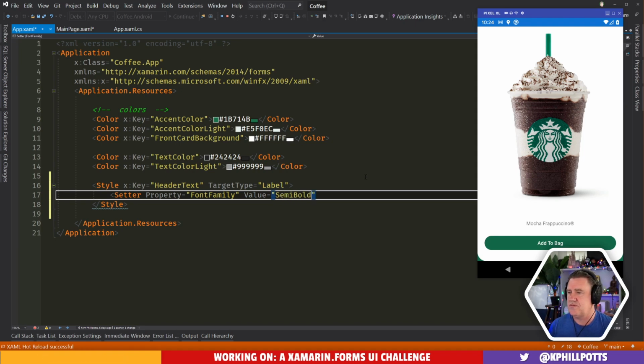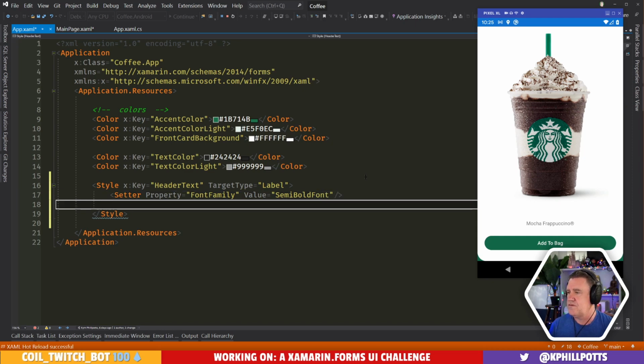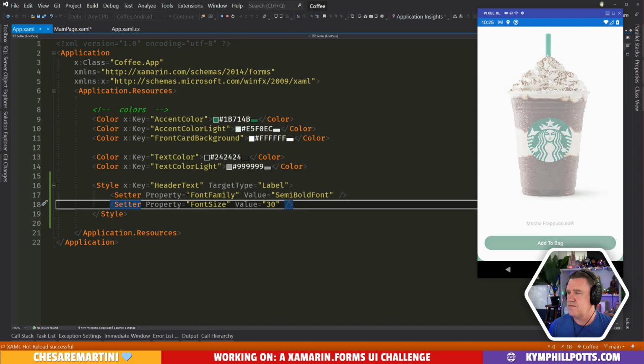Semi-bold font. Let's just start off with a font size of like, I don't know, 30. We'll see how we go with that. We probably want a text color as well.